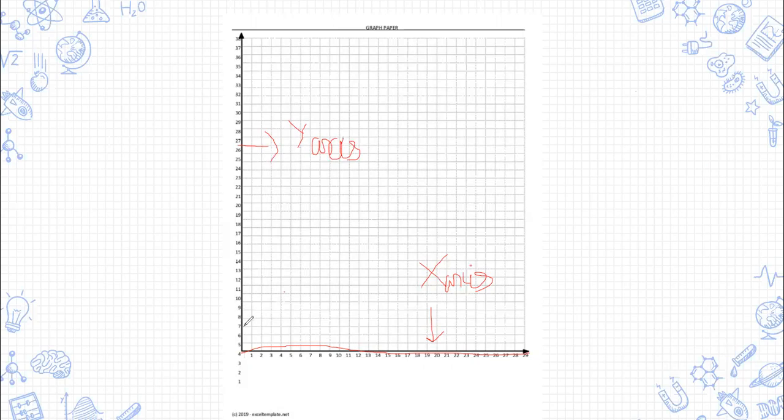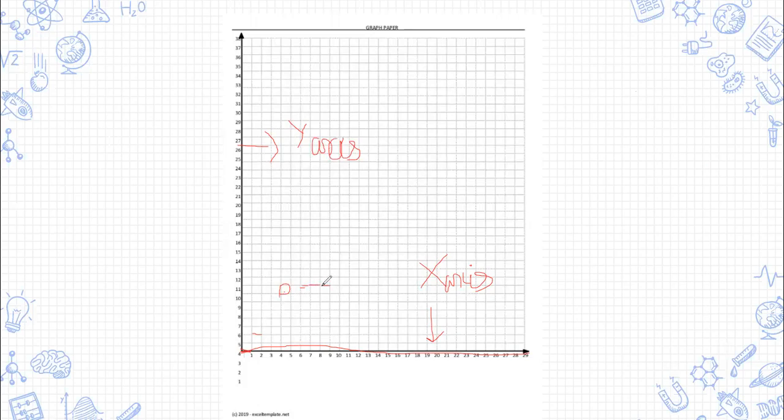Now, this small line of a box is always 1 centimeter. This square that you see is a 1 centimeter square. Every small line that you see is 1 centimeter. From this point to this point is 1 centimeter.